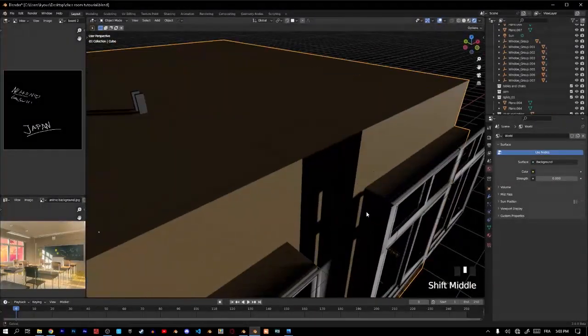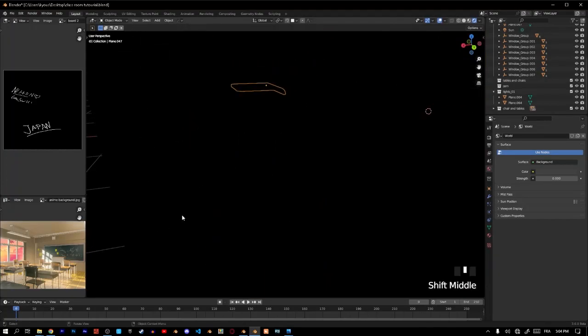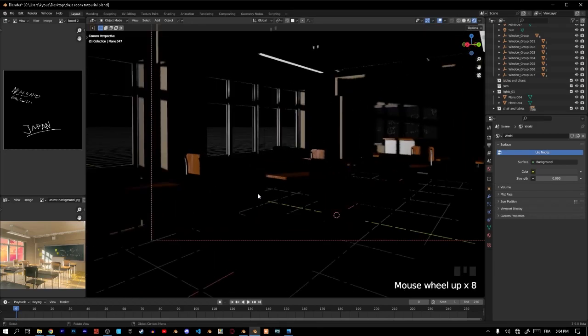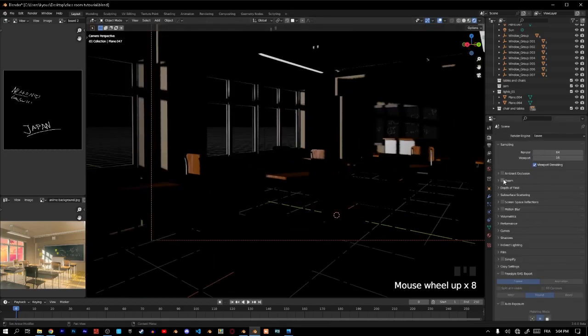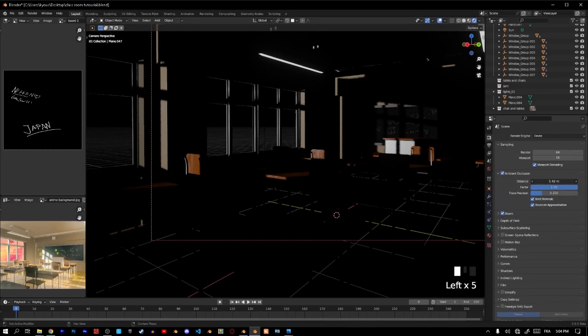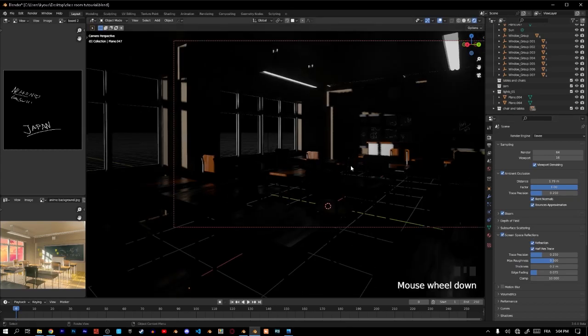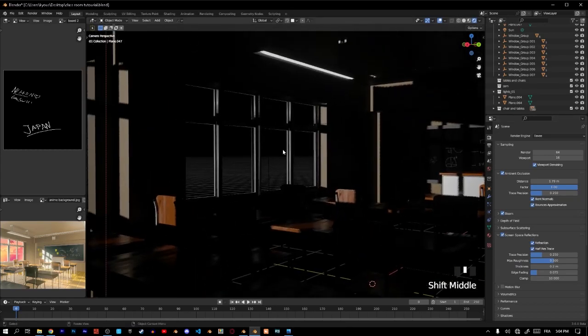Because Eevee is not great with lighting and shadows, there is some weird stuff going on, but don't worry guys, just enable bloom and ambient occlusion and make the ambient occlusion big, and screen space reflections and refractions, okay, enable them. And now we should be okay. What is our sunlight? Oh my god,